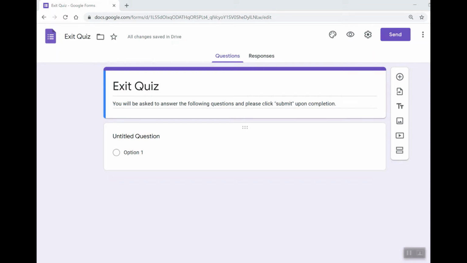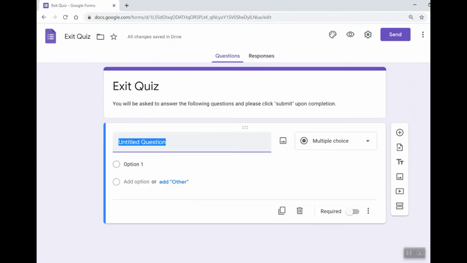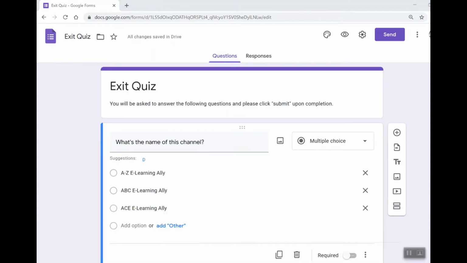If you click Untitled Question, you will see several response options. Multiple choice is selected as default in this question. As you see, I changed the question and choices.